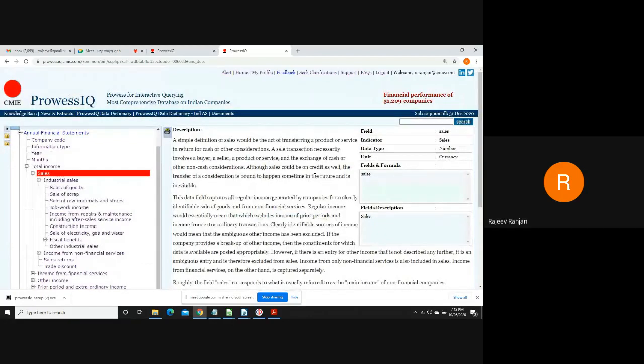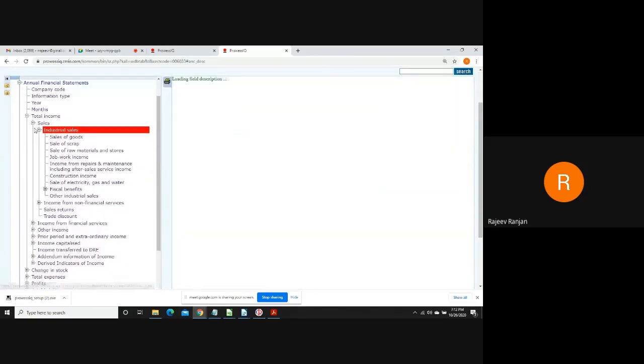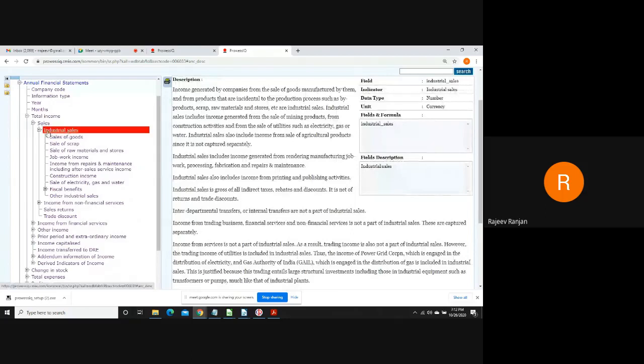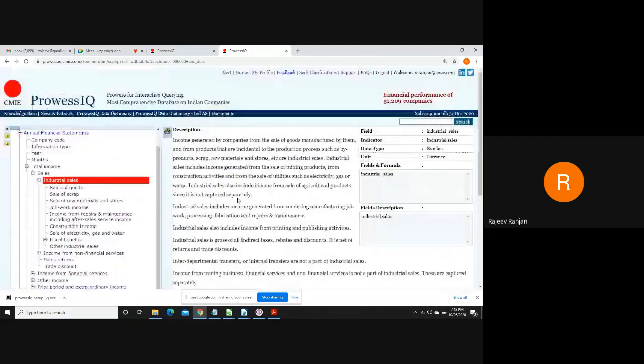Whenever that information is there in the annual report, we deduct it and then present the sales number. Similarly, sales is the sum of industrial goods, and industrial goods includes all these indicators. So every field has a definition here.